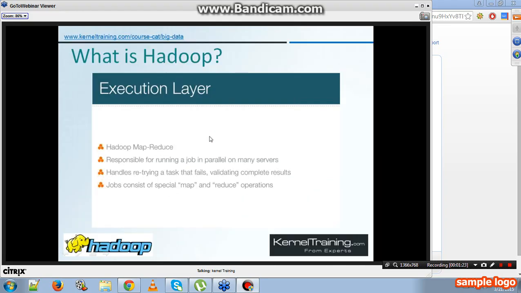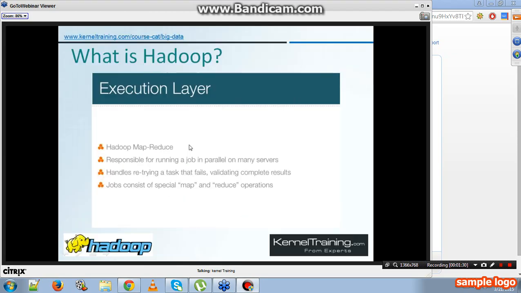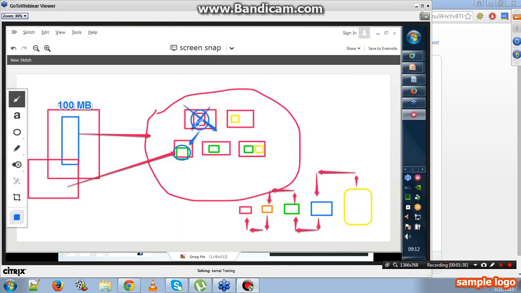And what is happening? They're running in parallel. The computation is happening in parallel in both of the blocks at a time. That is what we mean by running in parallel. It also handles retrying a task. In other words, if while the computation is going on, suddenly this node goes down, it will figure out where the replica of that block is. The Hadoop framework will detect that it has another replica of block A here, and it will start running the code on this replica